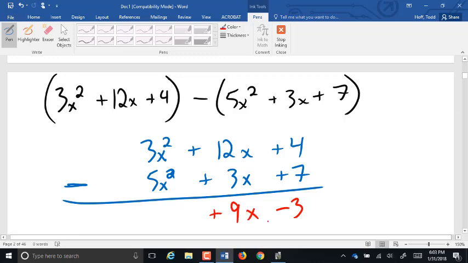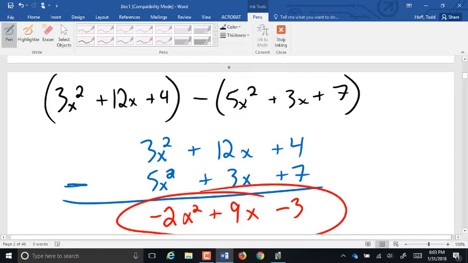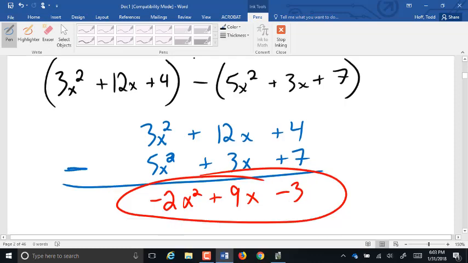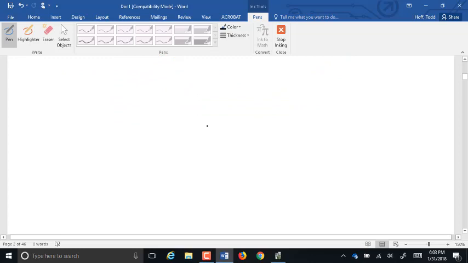Positive 9x. Good. 3x squared minus 5x squared? They have 2x squared. There you go. I know what you meant. So, now again, if we have digits in there that are negative,